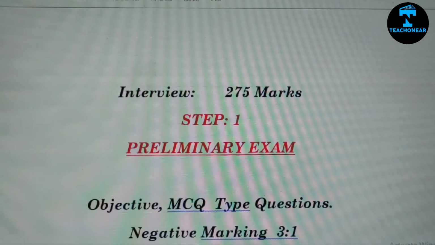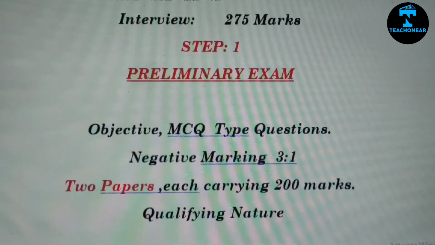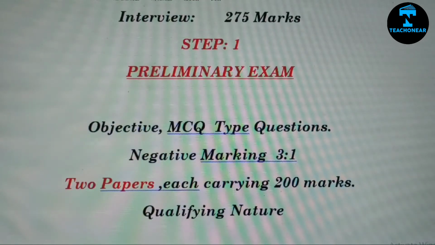So let us come to step 1, that is preliminary exam. The nature of exam is objective or MCQ type of questions are asked here, and there is also negative marking 3:1. Okay, so for example, if you get an incorrect answer for 3 questions, then you lose 1 mark in this way. There are 2 papers in preliminary exam, 2 papers each carrying 200 marks, and this